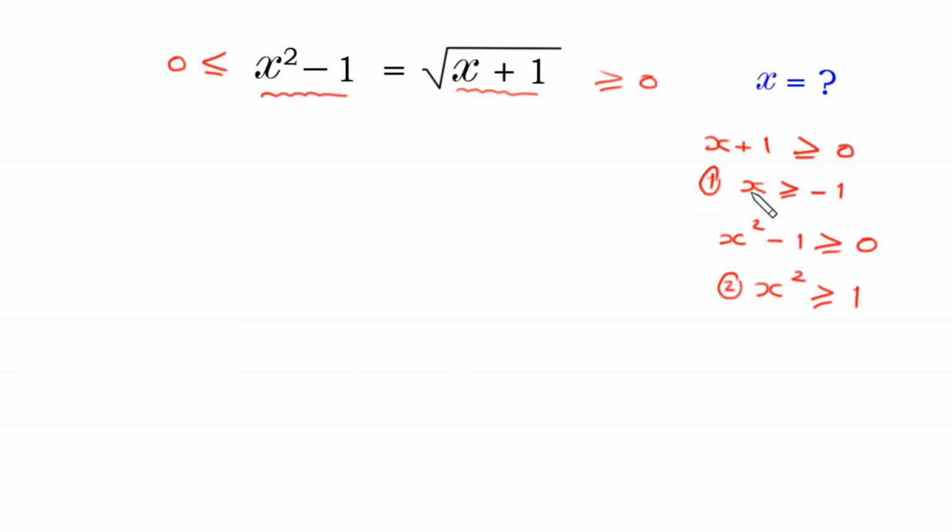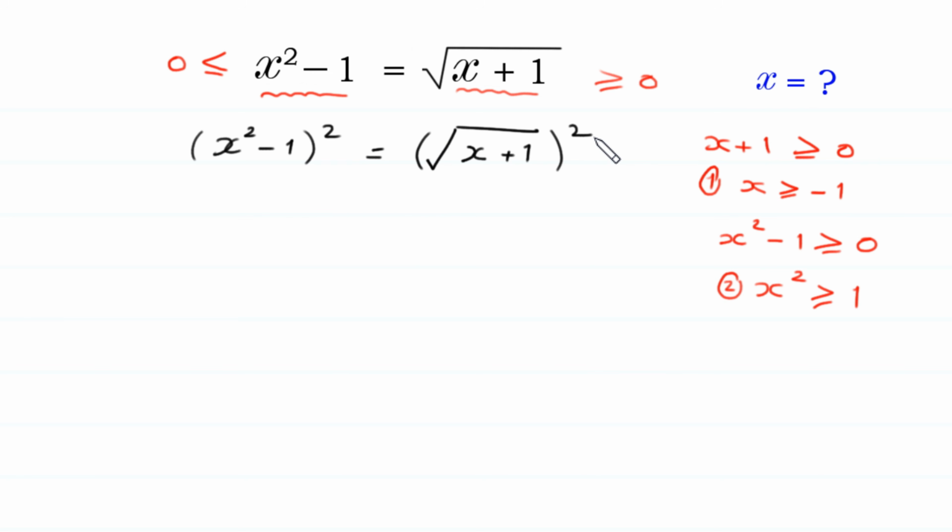The first one is x must be greater than or equal to negative 1, and the second one is x squared must be greater than or equal to 1. Now let's start by squaring both sides of this equation. x squared minus 1 whole squared is equal to square root of x plus 1